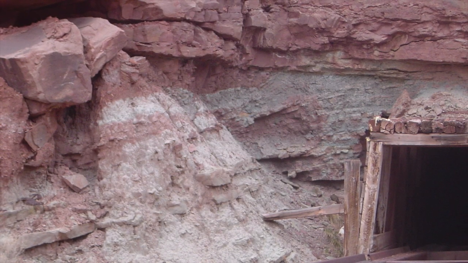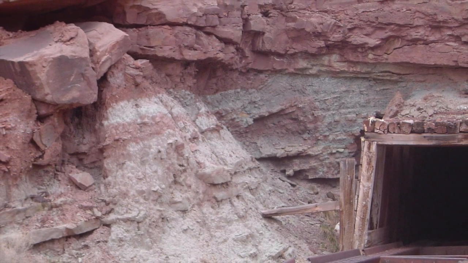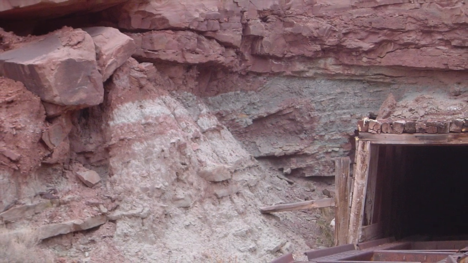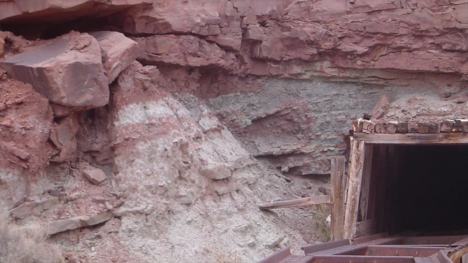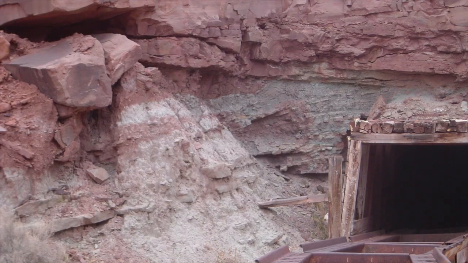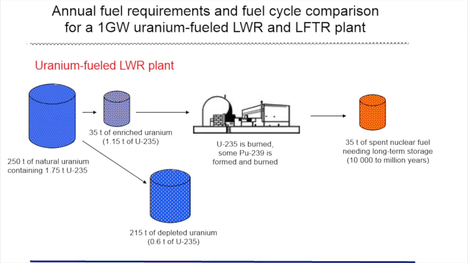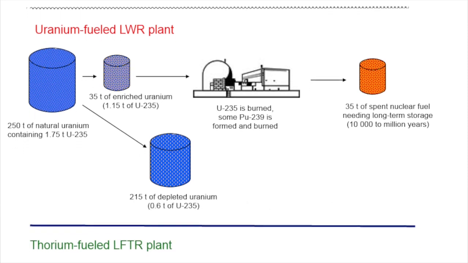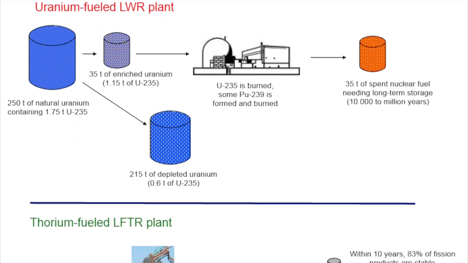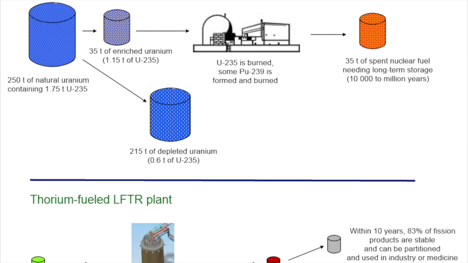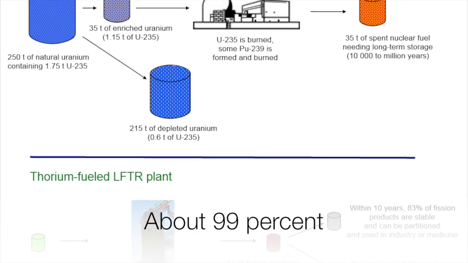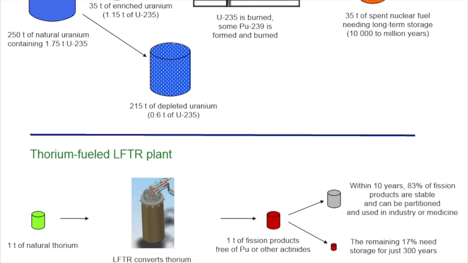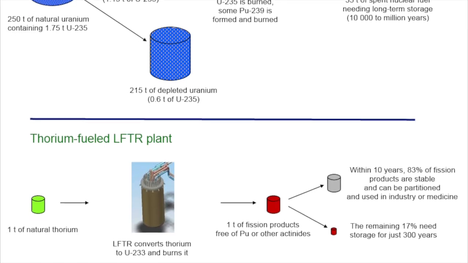Mining thorium is more efficient than mining uranium, since there is a higher concentration of thorium than uranium in their respective ores. Conventional reactors consume less than 1% of the mined uranium, with the rest becoming waste. On the other hand, thorium-powered reactors may consume about 99% of its thorium fuel, making thorium a much more efficient